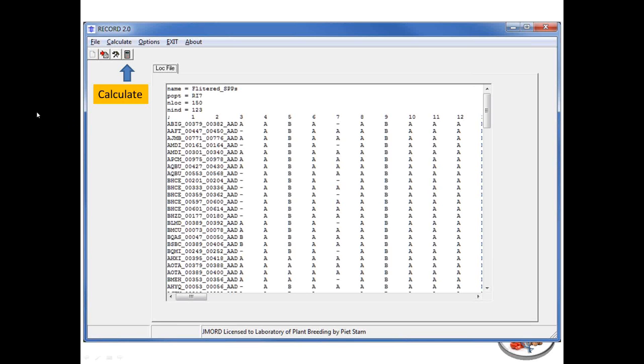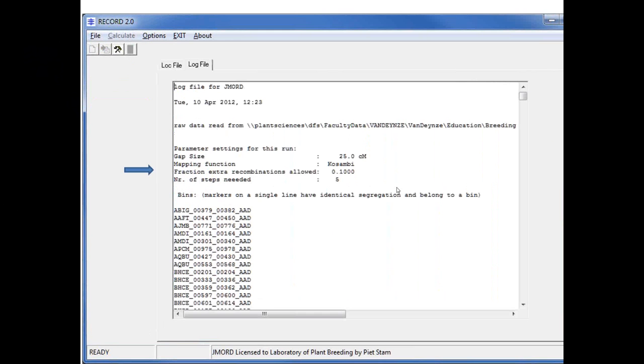Go back to your menu, and then you can hit calculate over here or in the calculator, and then you get a whole bunch of output. I'm going to go through quickly what you see from the output, and you can see the output either in the log file or this file is automatically saved to the directory that you set up your project in as well, and it's called